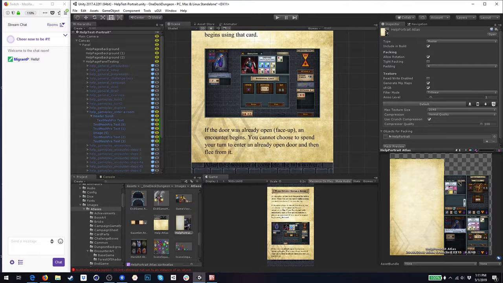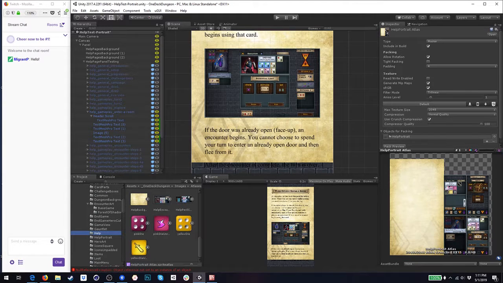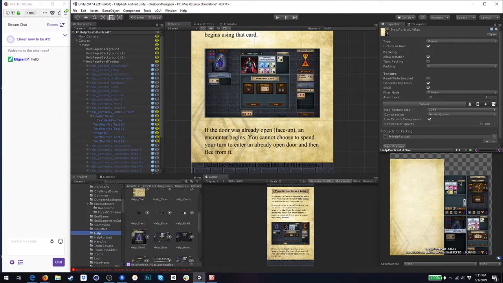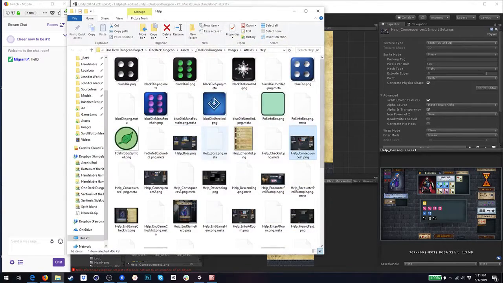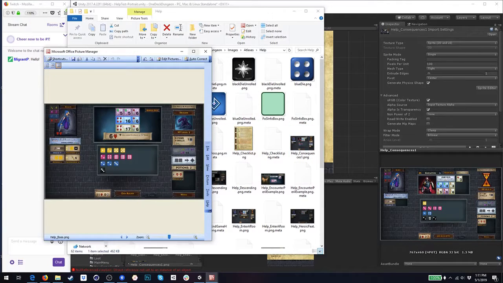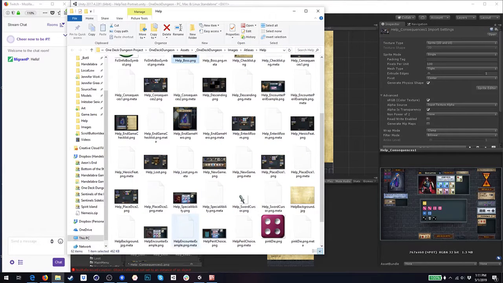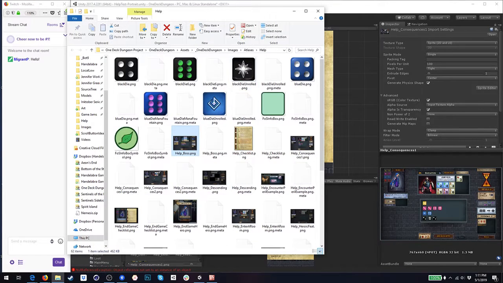So for all of the, maybe it would be easier to see if I open this in a window. These are all the images that are in the regular help atlas, and you can see there are screenshots for various things that happen in the game that are used throughout the help section. And for all of the ones